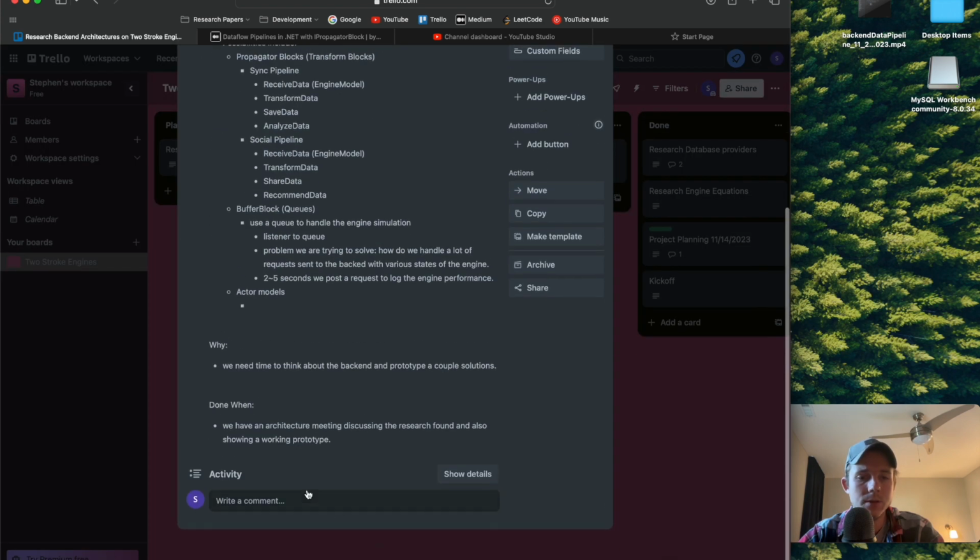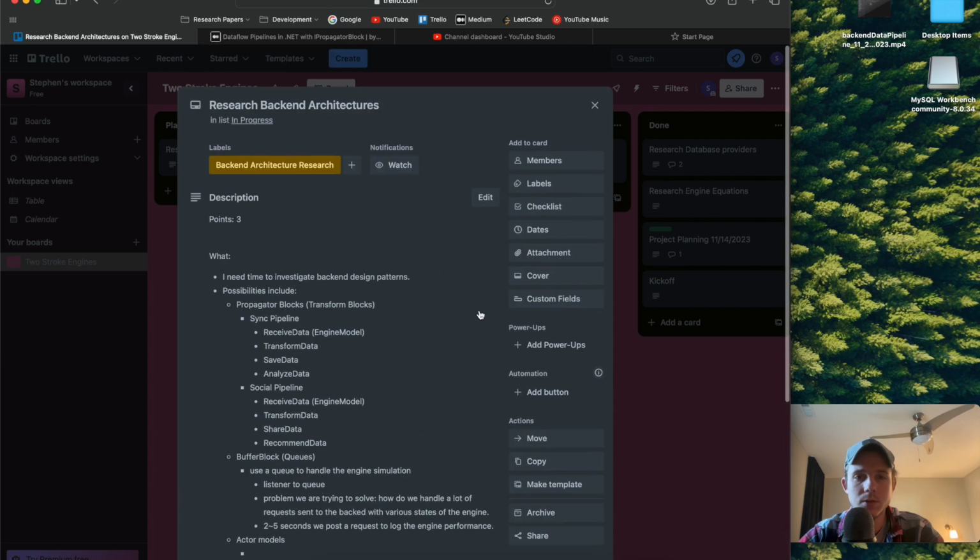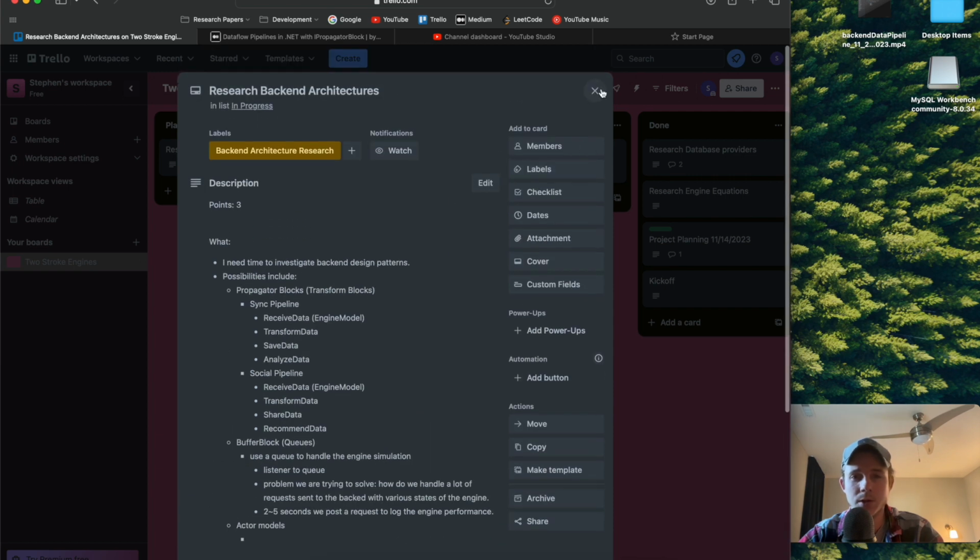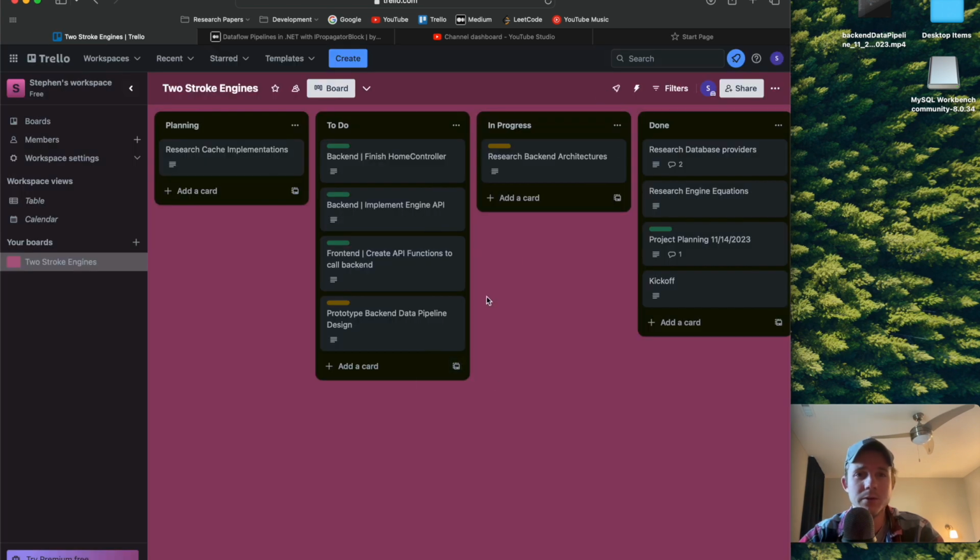Usually you establish some kind of dependencies, like one story blocks another, but I don't think we can do that on this free version. So here we're at, but essentially it's largely the same thing we just did. I'm going to move my research backend architectures probably over to done tomorrow, and then slide the prototyping to in progress, and finish out the prototype that I've already been working on, that you should see in the next programming video that's up.